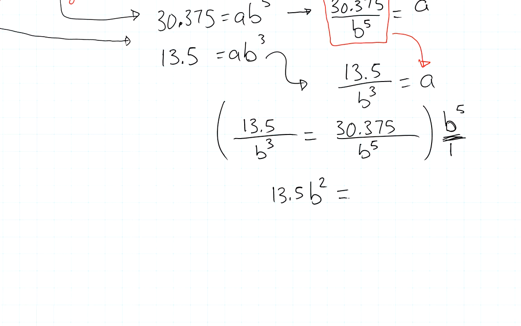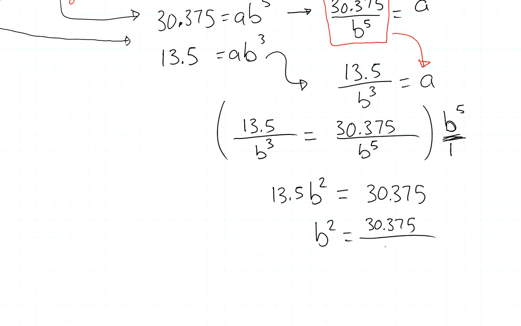And on the right-hand side, I'm going to be multiplying by b to the fifth over 1. So that gives me exactly 5 factors of b in my numerator, and I already have 5 factors of b in my denominator. So that's just going to simplify to 30.375. Now if I divide both sides by 13.5, I get b squared equals